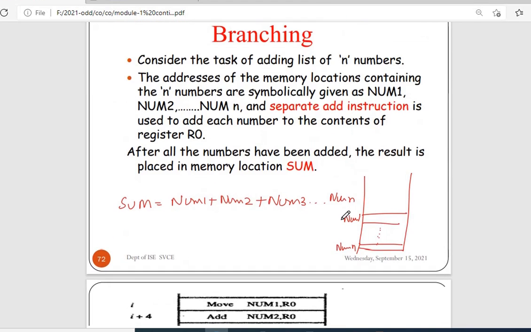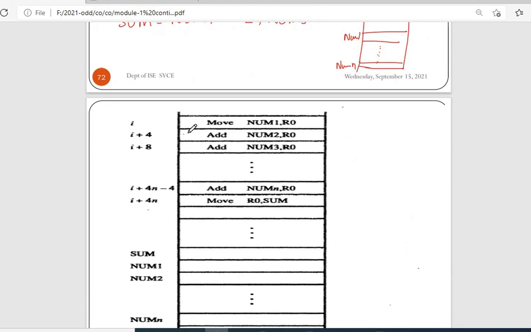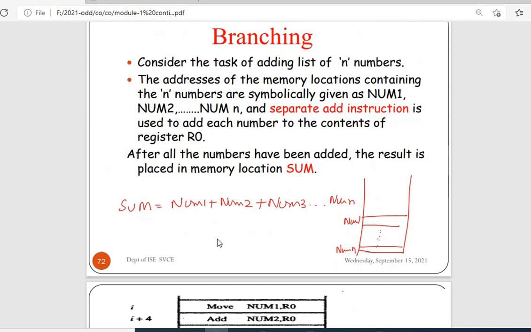There are different ways. We'll go with the first method. It's very simple. First I'm going to write move num1 comma R0.